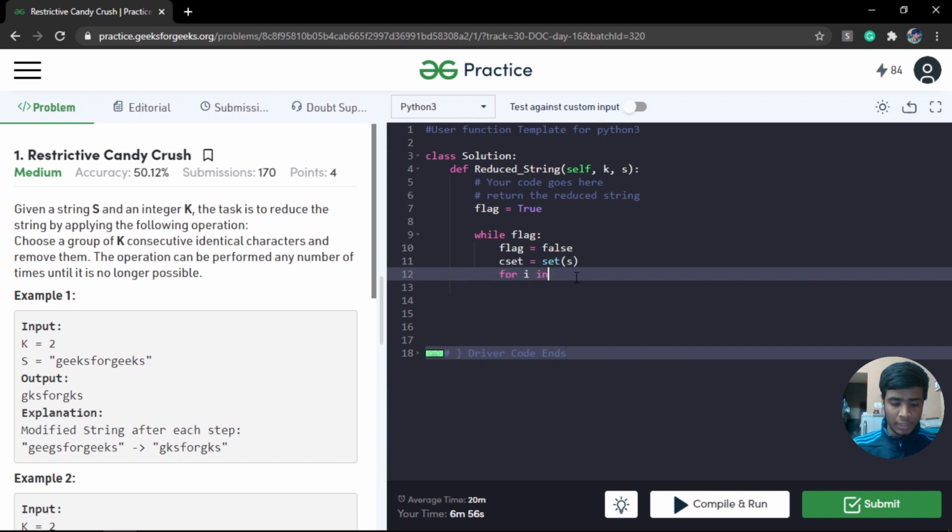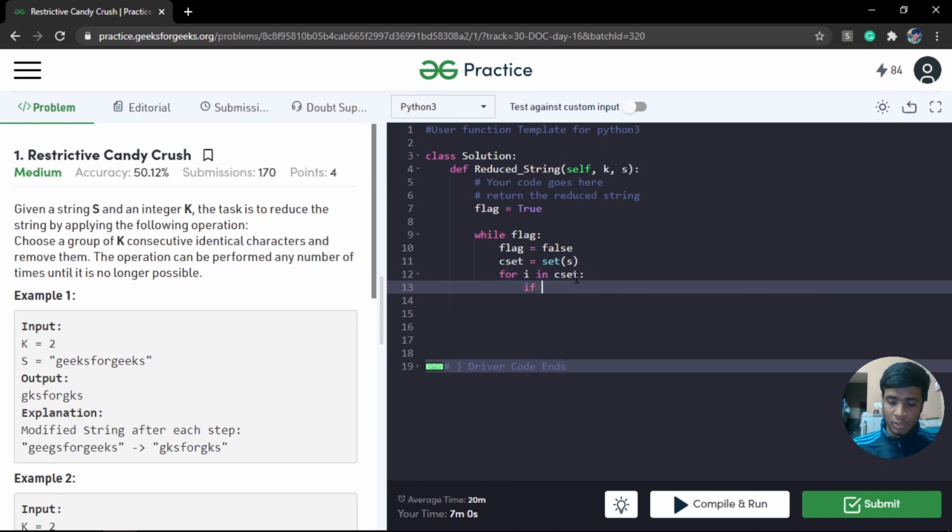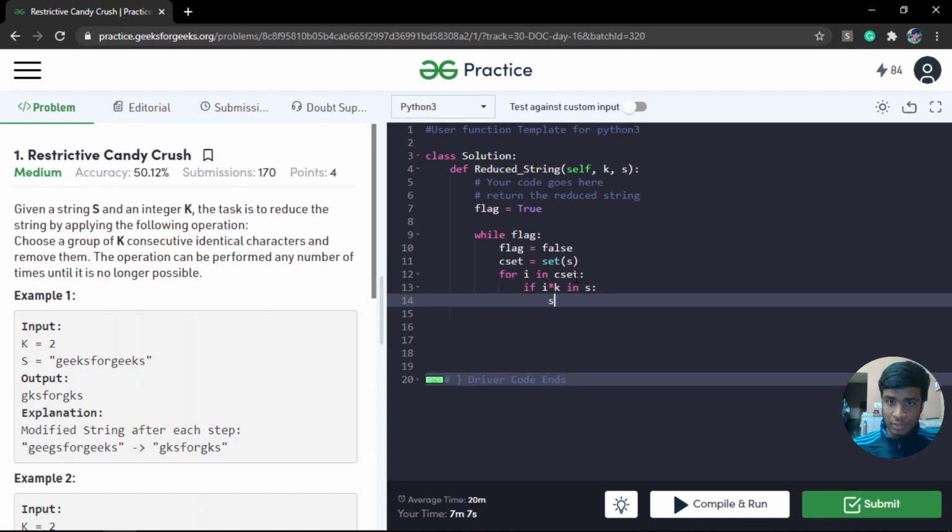Now I'm going to loop over it. For i in my char set, I check if i times k is present in my string s. If that's the case, I'm going to replace it: s equals s.replace. Replace takes 2 arguments. The first argument is what we are trying to replace, and the second is what to replace it with.